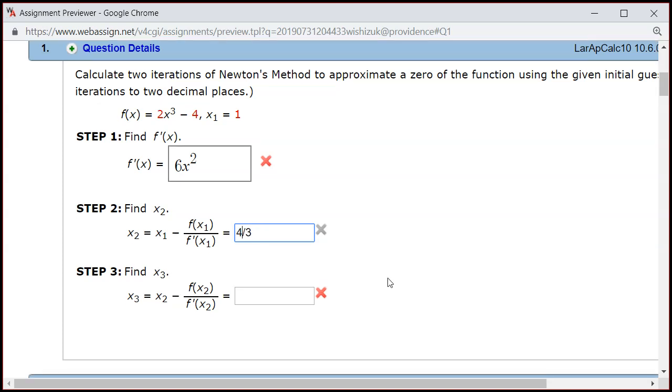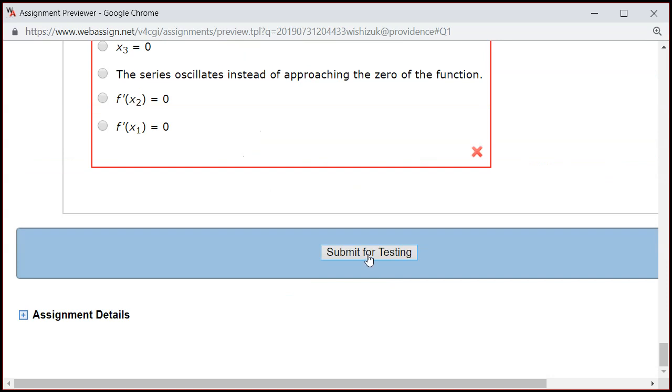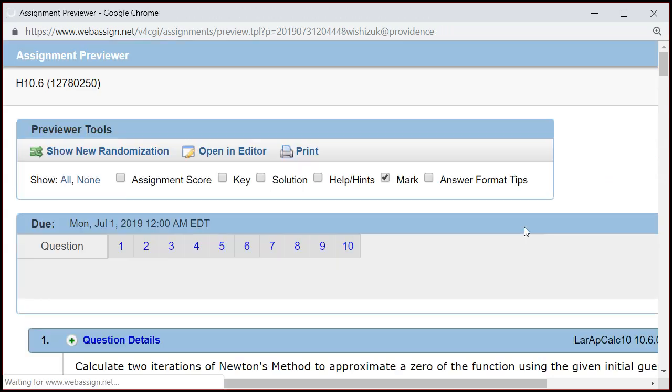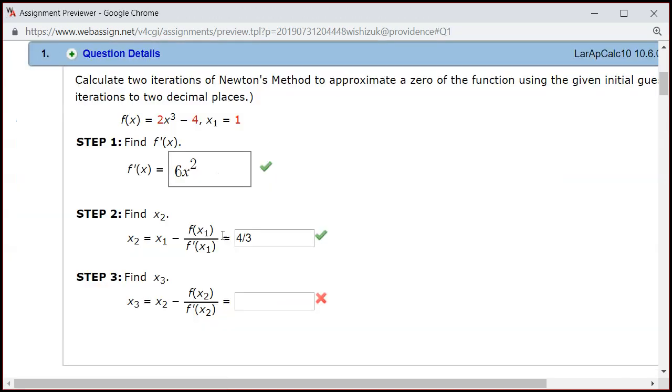Right? So let's check the answer. Alright, so it came back and we got step 1 and step 2 correct. Alright, let's look at step 3, where we want to find x3. So to find that, it's the